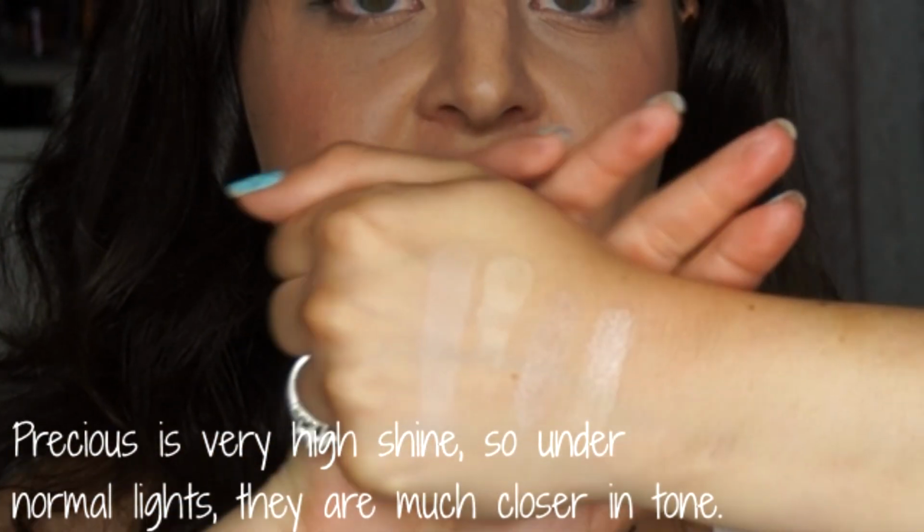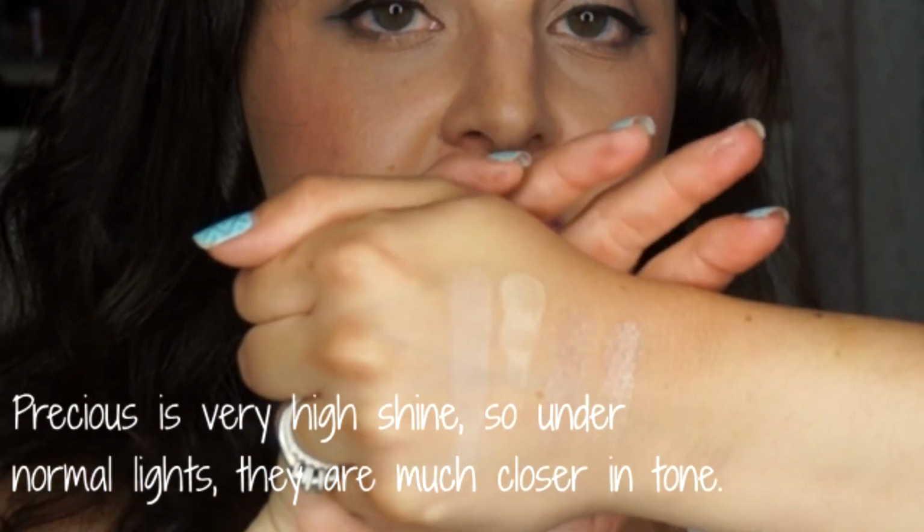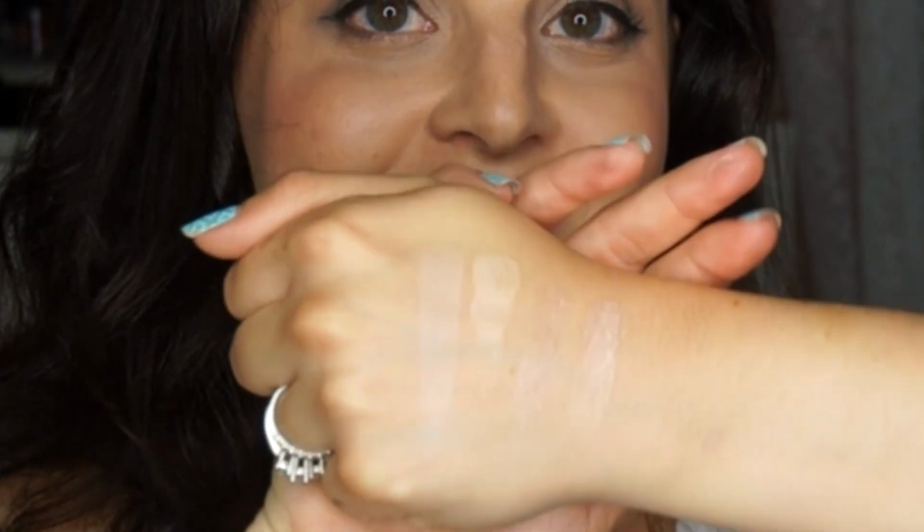And I will swatch that next to it. Okay, and you can see they're very similar. On someone with a deeper skin tone, you're really going to be able to see the dupiness. But the e.l.f. definitely has more sparkle in it. I have not experienced fallout with it though, which is very surprising. But I do use a primer, so if you don't use a primer, you may experience some fallout with that